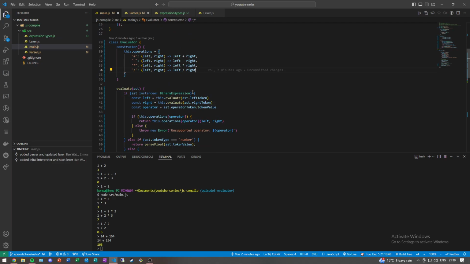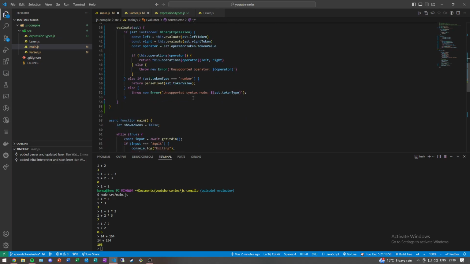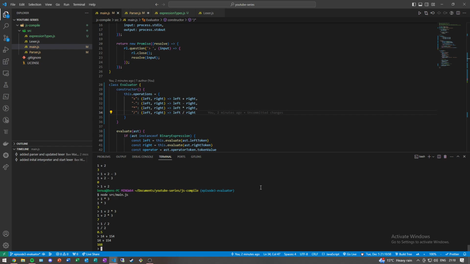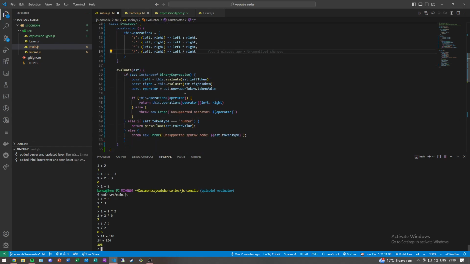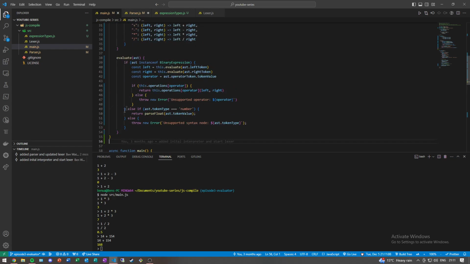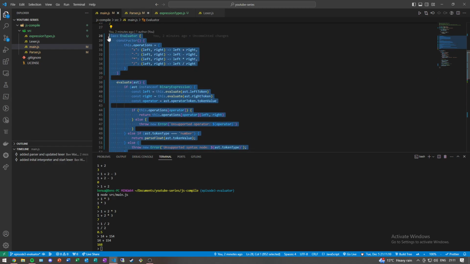So yeah, I think that's quite a lot to take in for one episode, and this code's a bit of a mess, so I might do another episode where we tidy up all the code, but for now we've got our evaluator working. I would like to start doing some unit tests, because we're starting to get to the size where it might be nice to be able to just make sure that we're not breaking anything whenever we make some